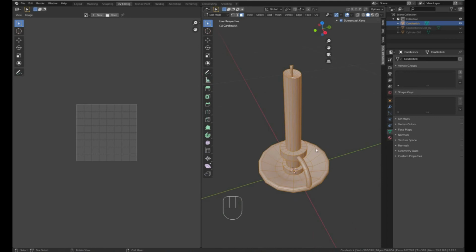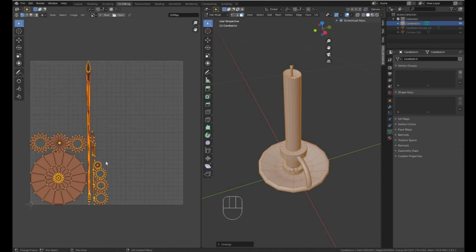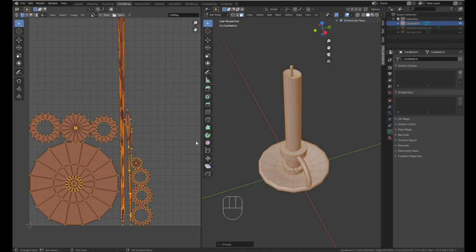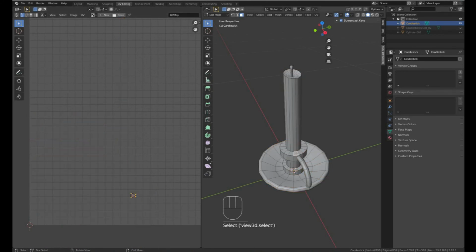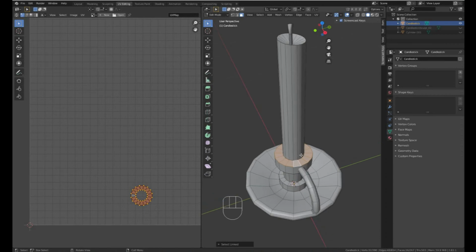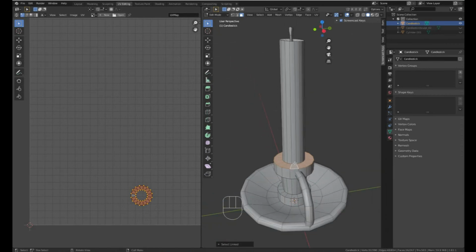If I was to hit U, this brings up the UV unwrapping menu. If we just click the very tempting first option, unwrap, it's done something, but that has not unwrapped in a way that we want. Certain sections, like this, because we've already split it off, as mentioned previously in the video, work perfectly fine to just stamp down. It has a shape, it has edges, it has a boundary, and works perfectly fine as is. If we were to select here, however,